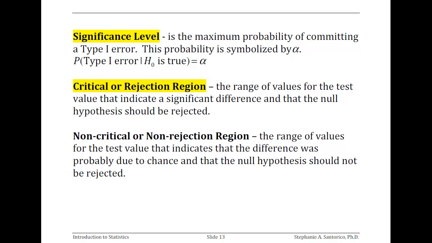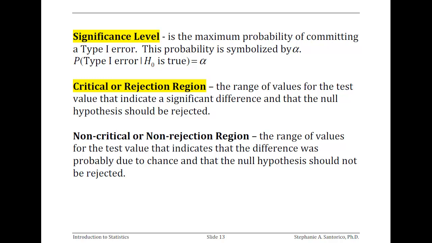A couple other key terms you're going to need. Significance level. This is going to be the alpha. Actually, it's the same alpha we've been using for confidence intervals. And this is going to be the maximum probability you're going to allow of committing a type 1 error. So this is something we can set. There is going to be a fixed level at which we're willing to reject your null when it's actually